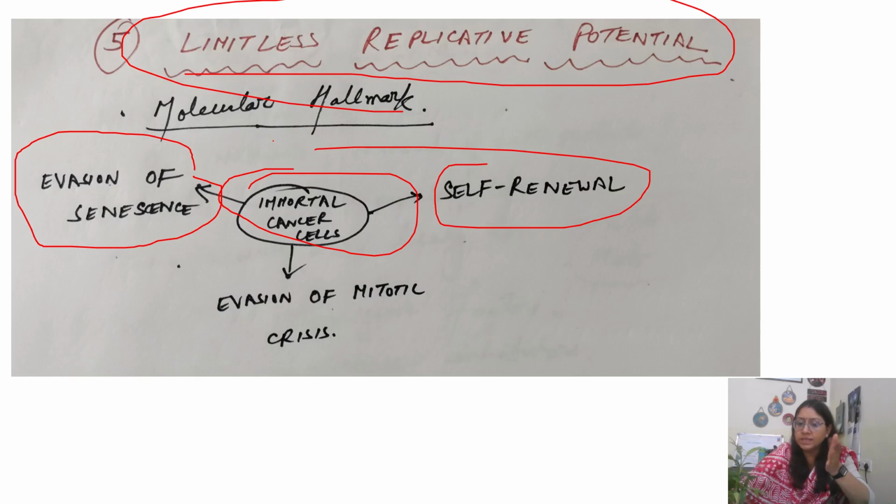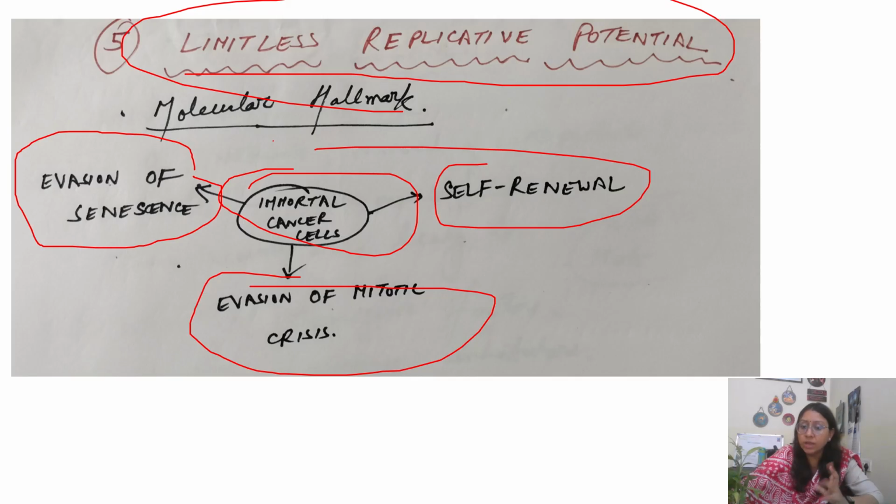Where the stem cell normally divides into two daughter cells. One of the daughter cells remains as a stem cell. In symmetric division, the daughter cells remain as stem cells. This happens during embryogenesis. Cancer stem cells are highly proliferative cells, so they have an asymmetrical division. One daughter cell will remain as a stem cell and the other non stem cell daughter will undergo a differentiation pathway. They will lose their stemness but gain one or more functions, so they call this loss of function, gain of function mutation. The third one is evasion of mitotic crisis.